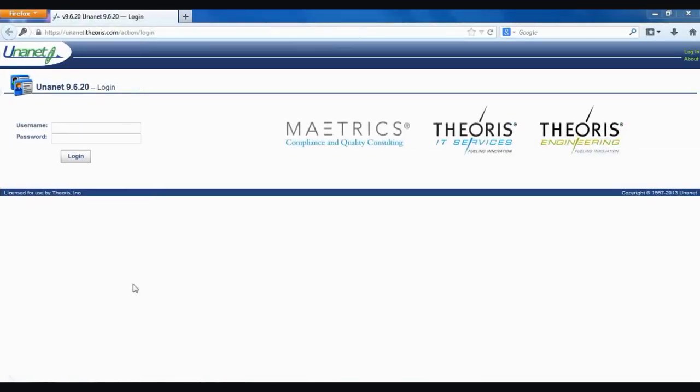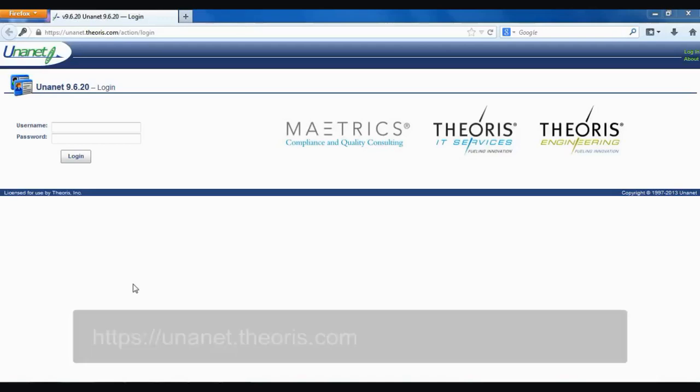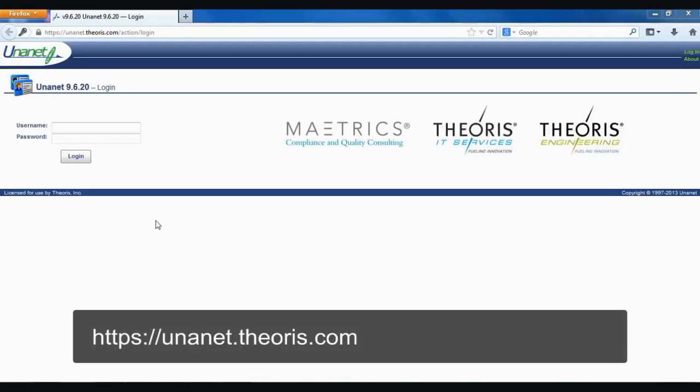So to start, you want to access the time entry system, and to do that you need to open the URL to it in your web browser. You should see the URL on the bottom of the screen here. It will also be mailed to you. So you type that into the address bar and go to the website,